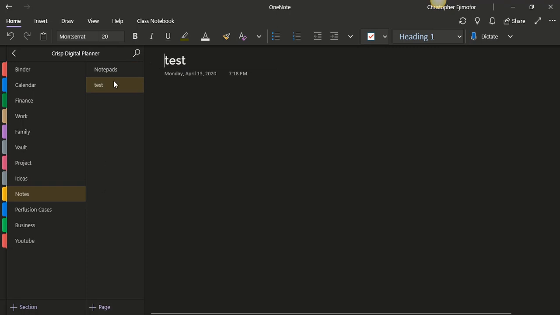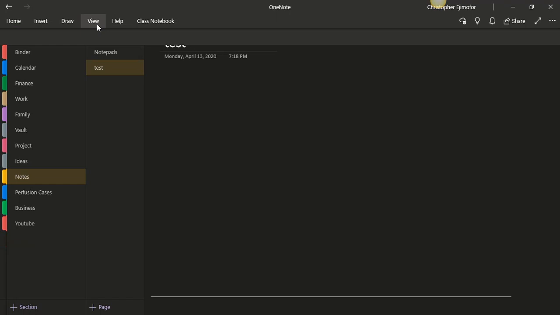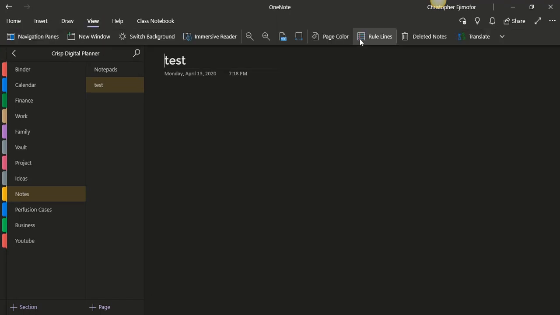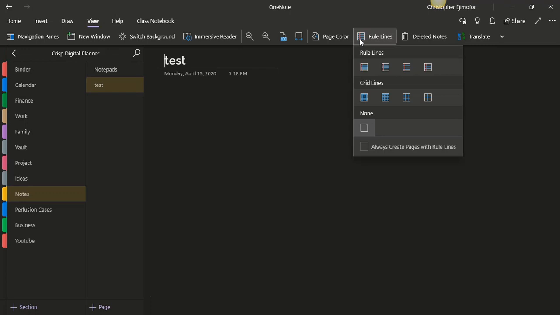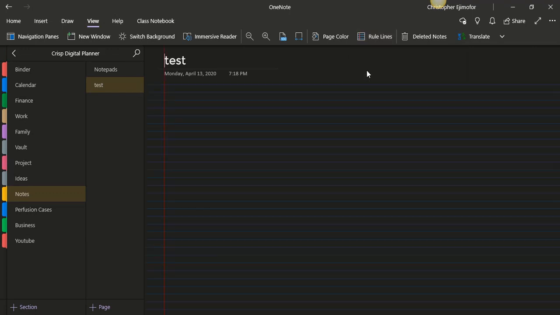So to change our grid paper style, say you want to create a grid paper page on your OneNote, let's go to view. Okay, so I click on view and go to rule lines. So here are the ones you have. You can choose whichever one you want, but for the sake of this video, let's just use the first one. See how it is dark with a red vertical line and blue horizontal lines. So I like it like this because my background mode is dark mode,